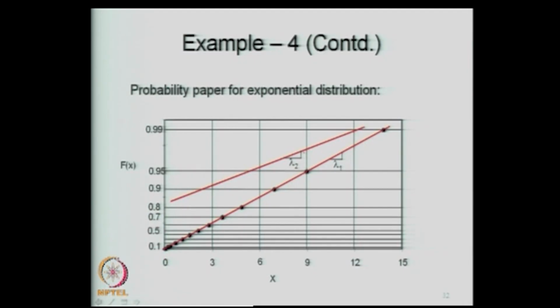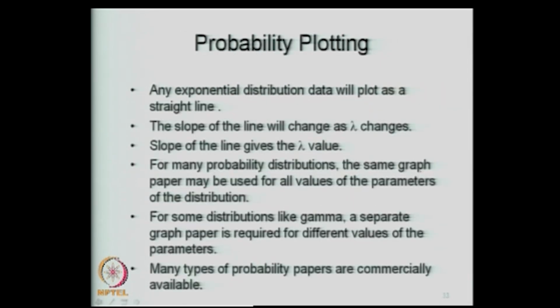So, this is lambda 2 to 1 and this is lambda 1 to 1. So, the slope of this line gives you the parameters. So, I will write here: slope of the line gives lambda. So, as long as your data plots as a straight line on the exponential probability paper, it follows the exponential distribution with the slope of that particular line